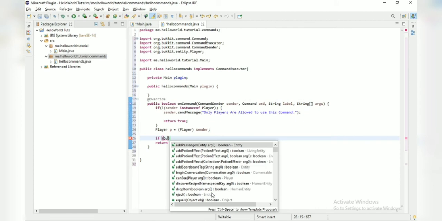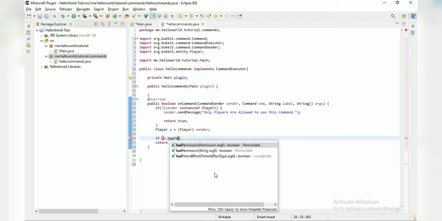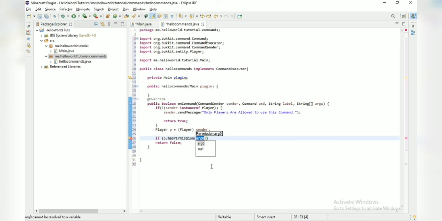So what we are going to check is whether he has the permission or not. Has permission. Has permission. So we are going to make a permission as hello use, I guess. Hello dot use. Then